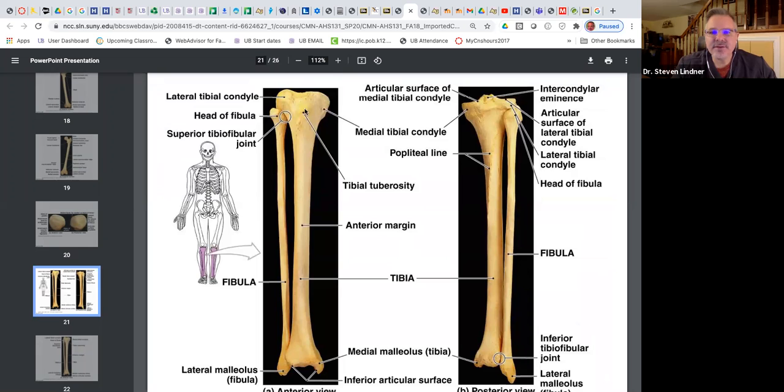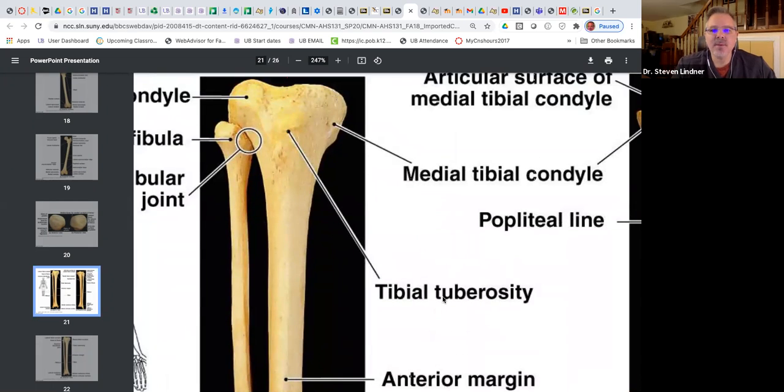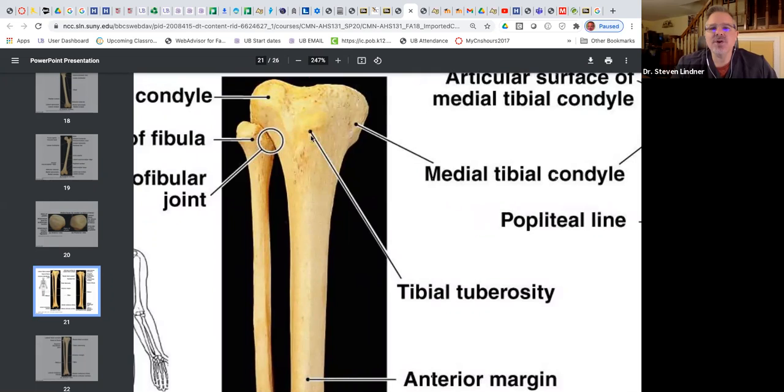Also pay attention to this little bump here on the front of the tibia, and that's called the tibial tubercle, or the tibial tuberosity. Again, anywhere there's a tubercle or a tuberosity, muscles will attach. There are large, powerful muscles that insert here, and those are called the quadricep muscles. So your quadricep muscles are powerful, immense thigh muscles in the front of your femur. They cross over the patella, the kneecap, and then they finally insert right here